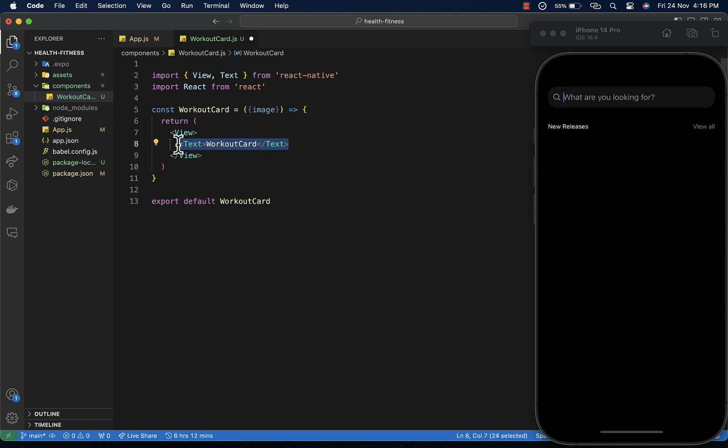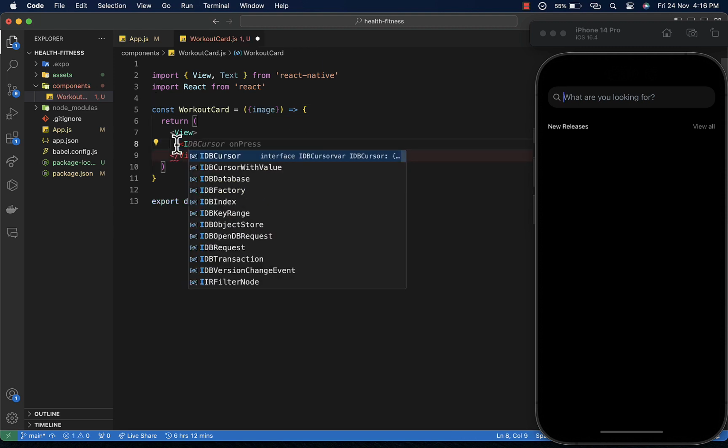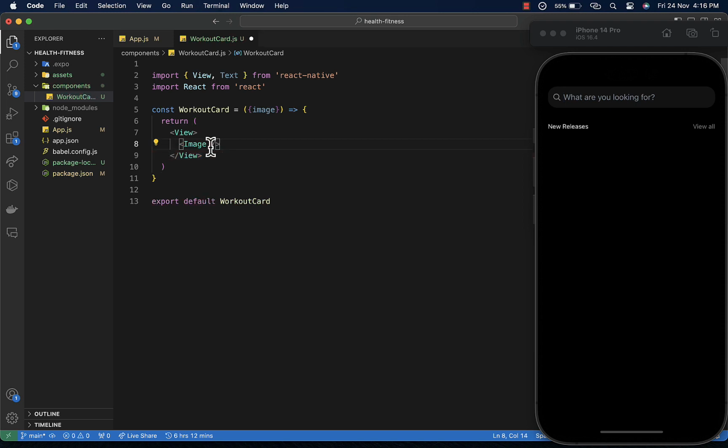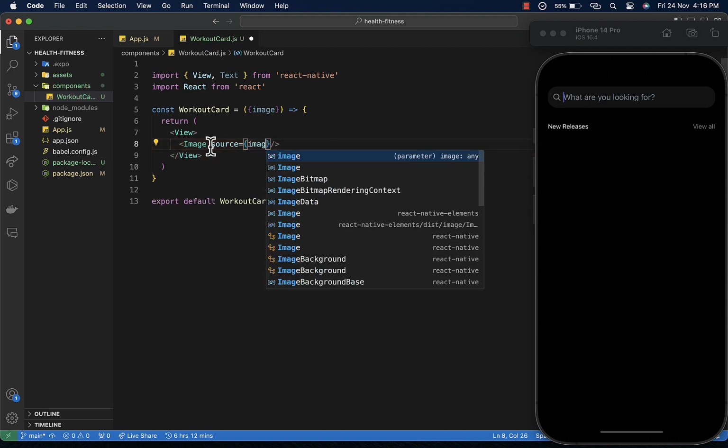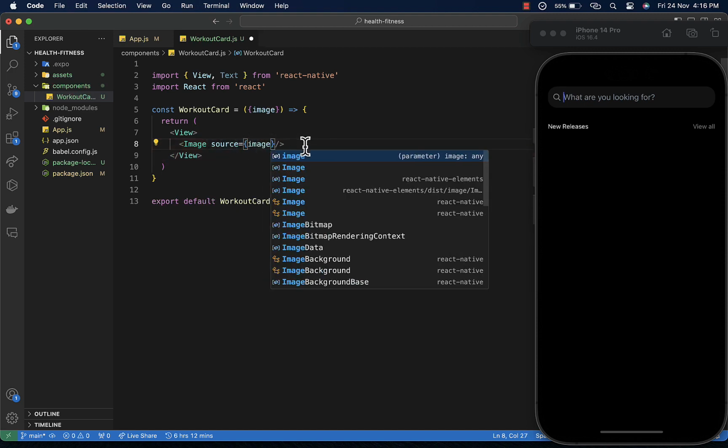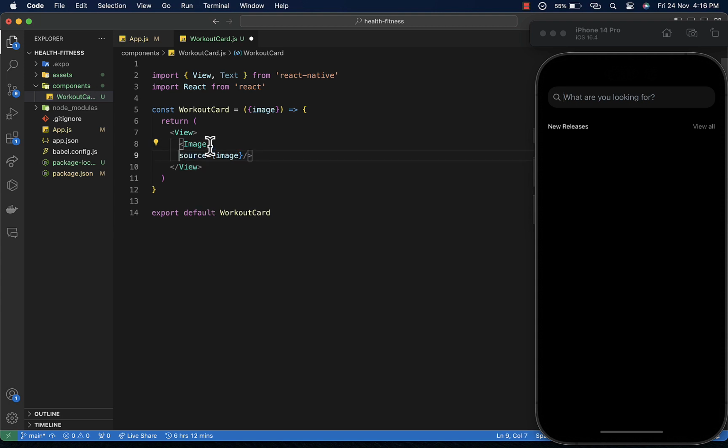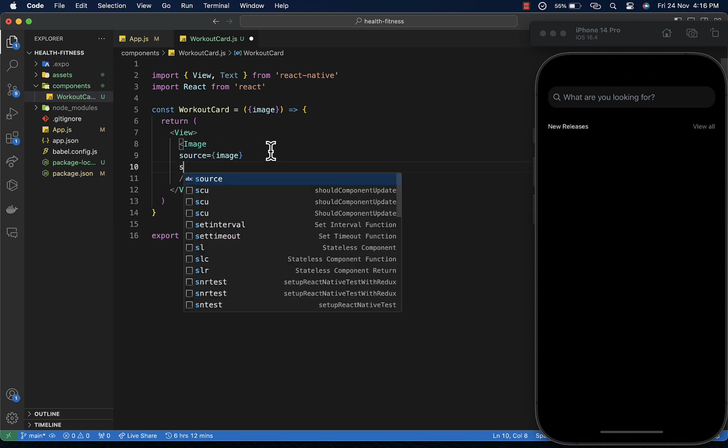So I'll get rid of the text in here and return the image component, which is a self-closing component that is in the source. So the source of this image, you can just pass in an image being passed over there, and we need to import this. So first of all, let's style